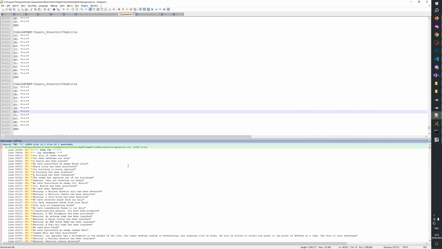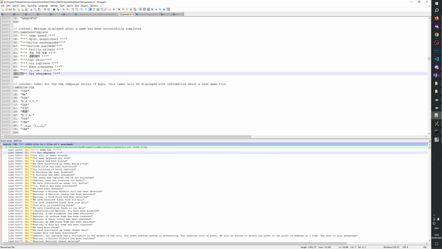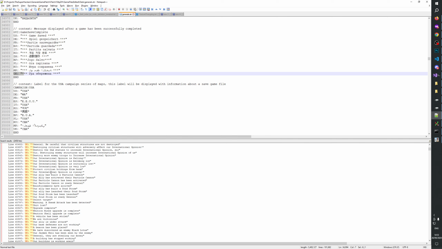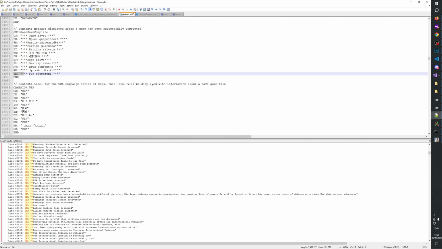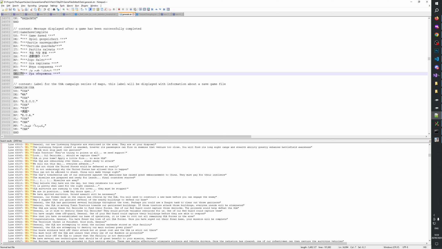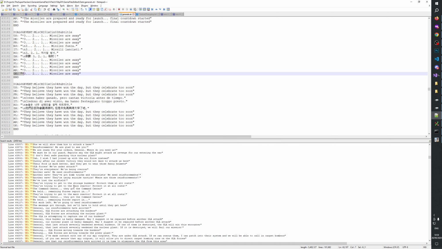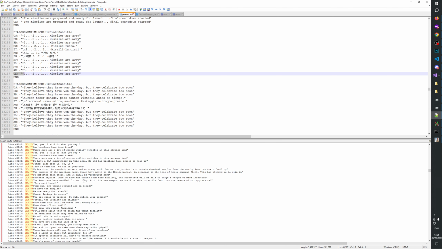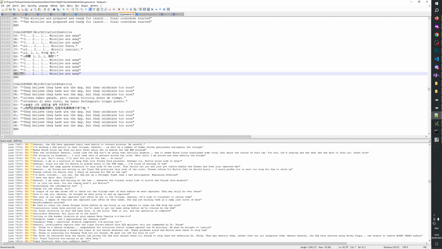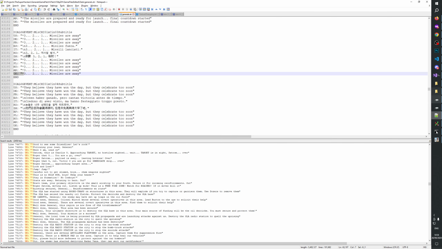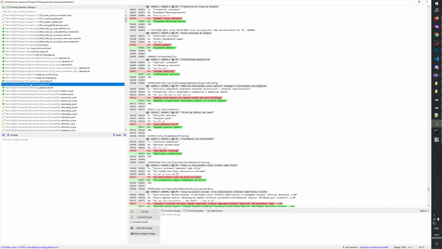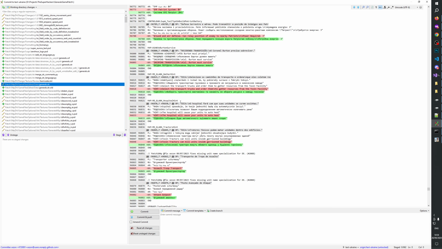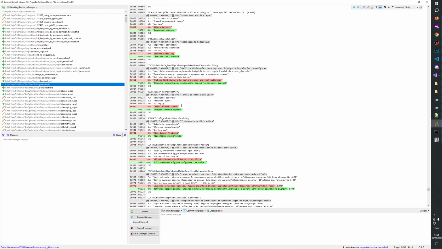Find all. Okay, so this is translated, but everything else should be untouched. Yeah, we have all the dots here. Yeah. Okay, this should be good. Then we can